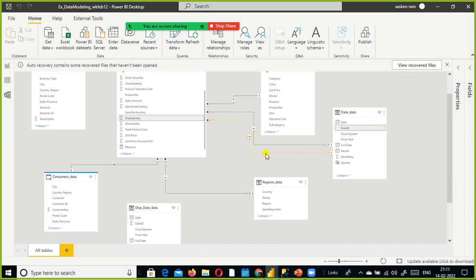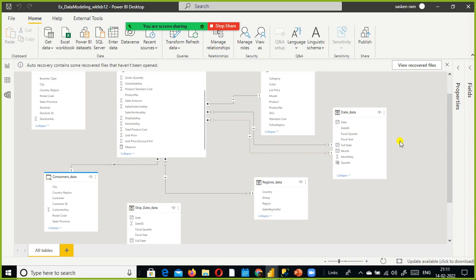There are two options that are available. One is we can use a DAX function. There is something called USERELATIONSHIP, using which you can activate this relationship during the calculation or computation of the measure. So we are saying a USERELATIONSHIP function. The other option is, why have the inactive relationship? Why should I convert it to active? I don't want to do that.